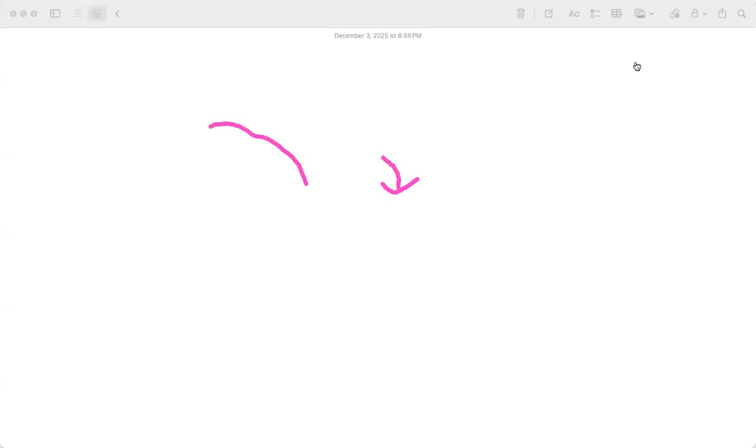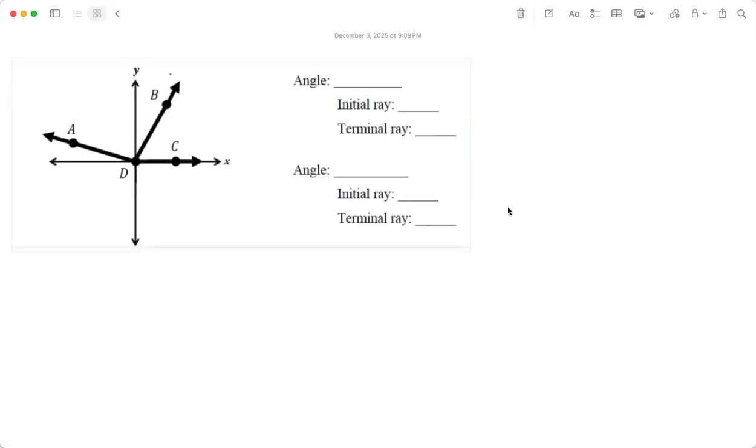Now let's see this one. Okay, how about this? This is a very basic exercise. I don't know whether we want to go over this, but let's see. Now, we want all the angles that are in standard position. I'm going to mark the initial and the terminal rays. I'm going to take it slow, as I already told you, so we are thorough with the unit circle when we come there. What are all the angles that are in standard position?